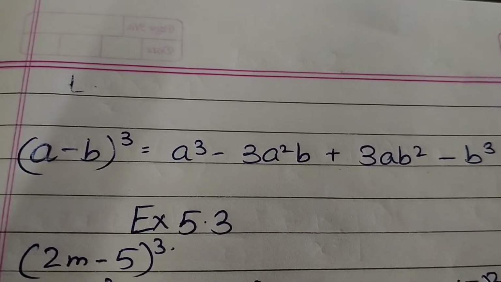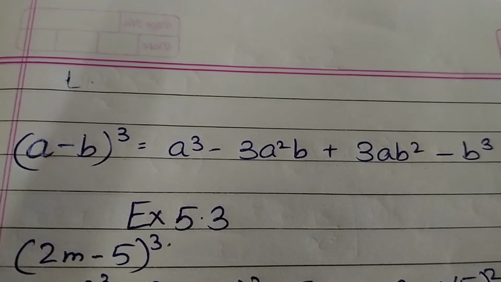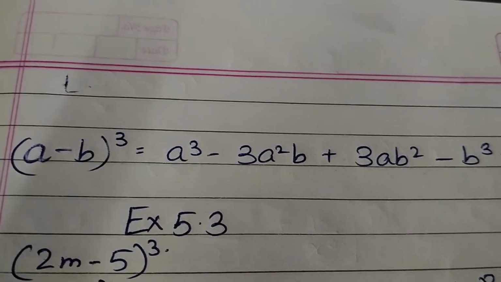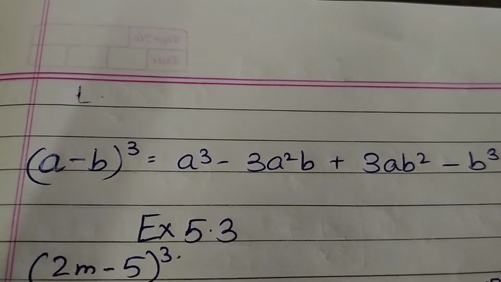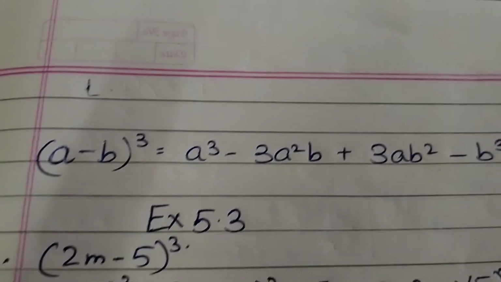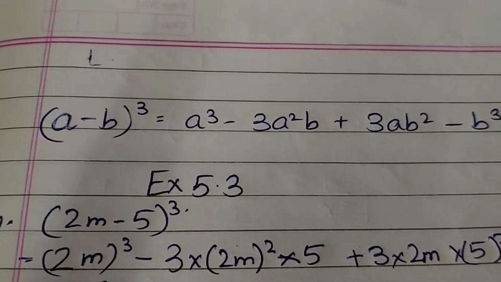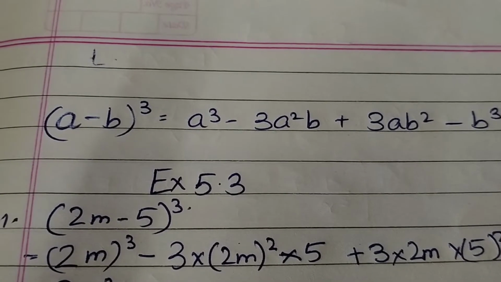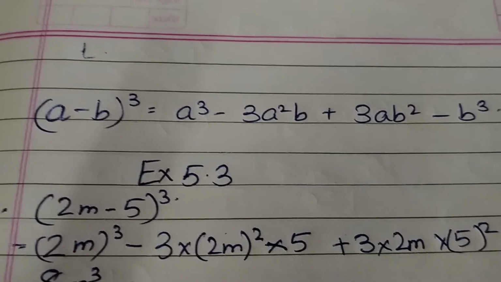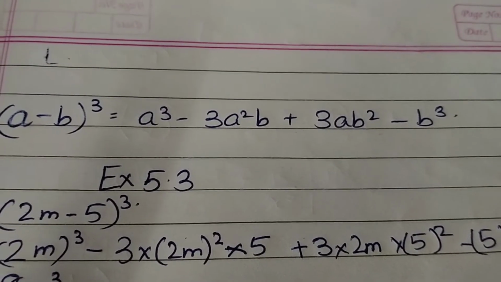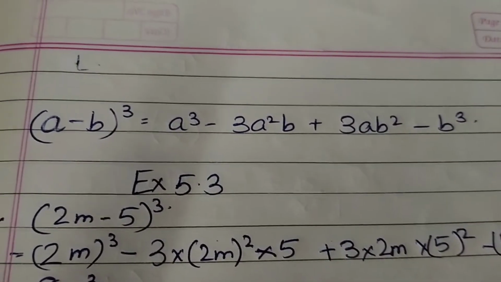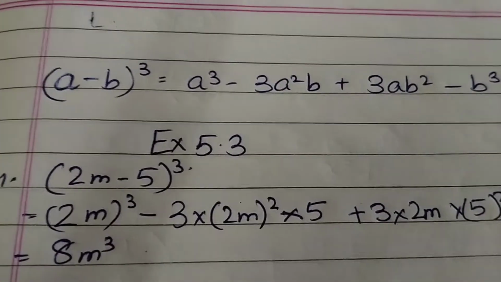A minus b the whole cube is equal to a cube minus 3a square b plus 3ab square minus b cube. So when we place 2m as a and 5 as b, we get our answer as 2m the whole cube minus 3 into 2m square into 5, plus 3 into 2m into 5 square, minus 5 cube. So when we multiply it, we will get the answer as